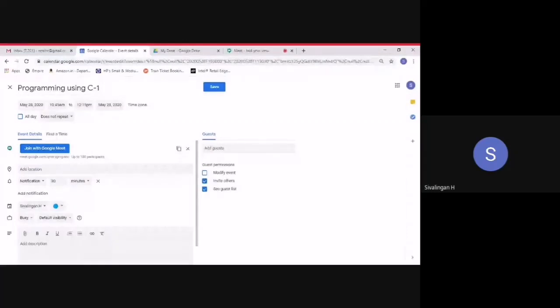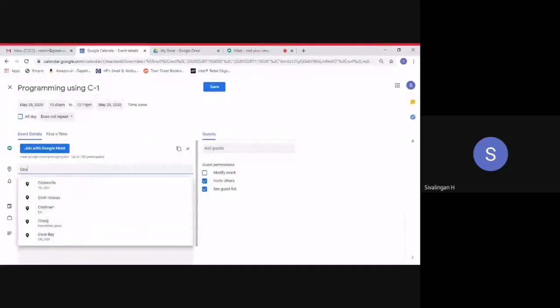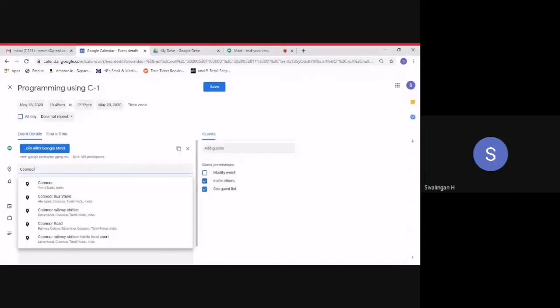So when you're creating it, you can see it is for 100 participants only, and then add location. The location can be Kunnur, or you can type Providence College, our college name, or sometimes you may plan from your home, whatever it is, because these things can be stored also. That's why they're asking all these details.